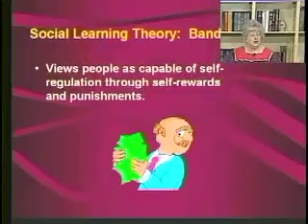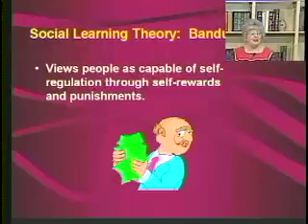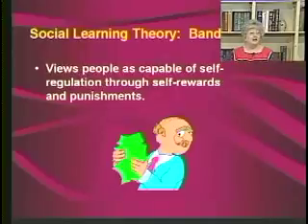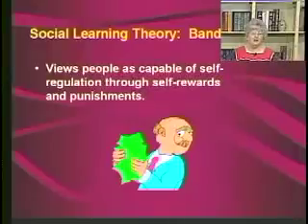Okay, social learning theory, Bandura, you'll recall him. He said that people are capable of self-regulation through self-rewards and punishments. And just think about the things that you do for yourself. If I've been really good and jumped X number of hurdles and through the hoops and whatever, I may reward myself with a trip to the mall. If I've been bad, I may tell myself, I can't watch any TV all weekend. I have to work on that computer and get things done and get exams ready, or whatever it is that